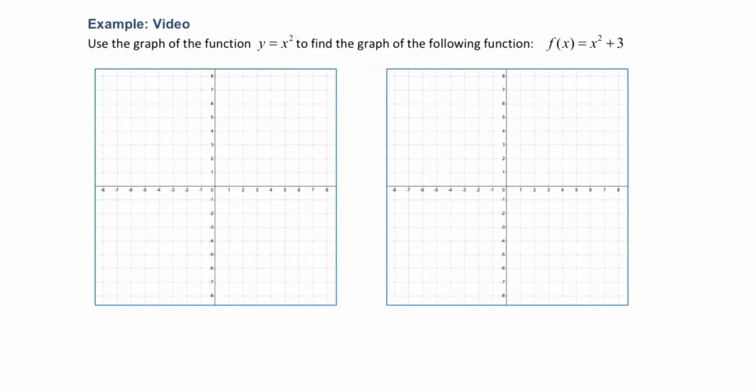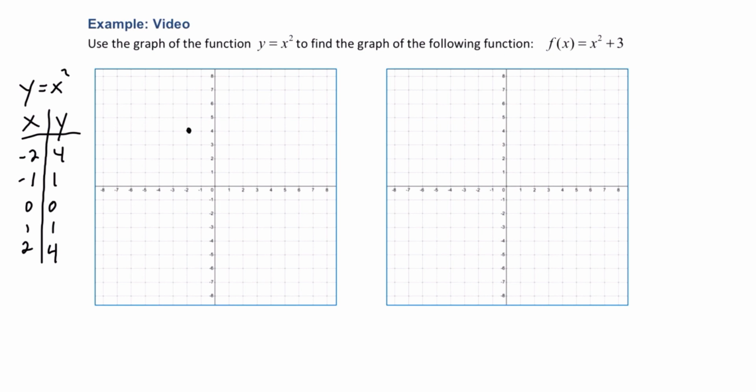Next, we'll use the graph of the function y equals x squared to find the graph of the following function, f of x equals x squared plus 3. So y equals x squared is our parent function. Let's get some coordinates for it. Let's use -2 to +2 on the independent variable. And then to get the y's, we will simply square each of those x values and then plot those points. And we get that familiar quadratic